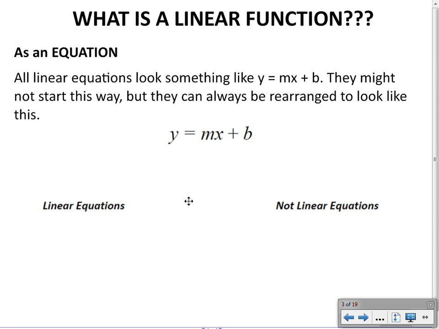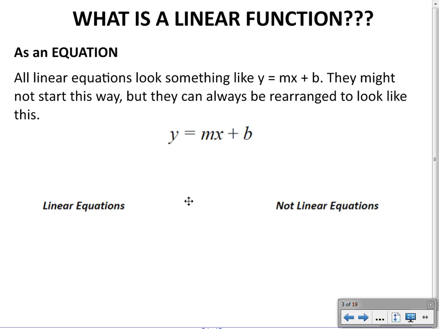Hi everybody, this video is going to talk about linear functions. Now, previously we've talked about functions. This is getting more specific. Now we're looking at a specific type of function. Okay, so linear functions look something like this. They match this form y equals mx plus b, which you're later going to learn is called the slope-intercept